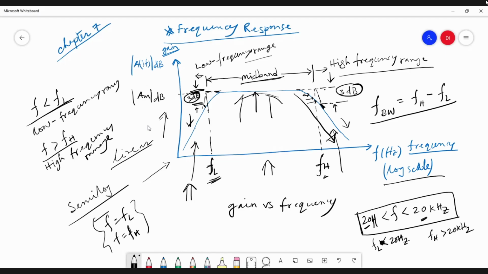From this gain versus frequency response, we can say that if we design an audio amplifier and consider this, then the amplifier will amplify equally, so that the reproduced sound is as accurate as possible in the case of an audio amplifier.